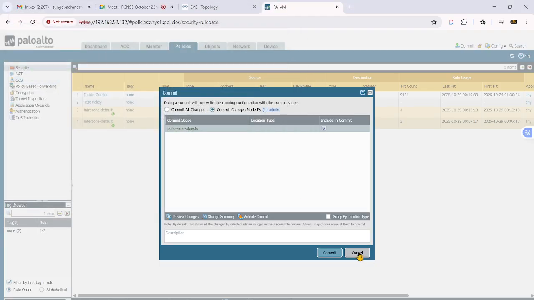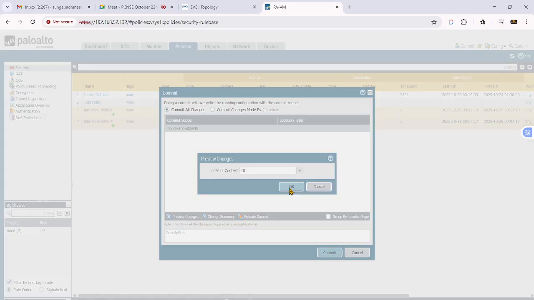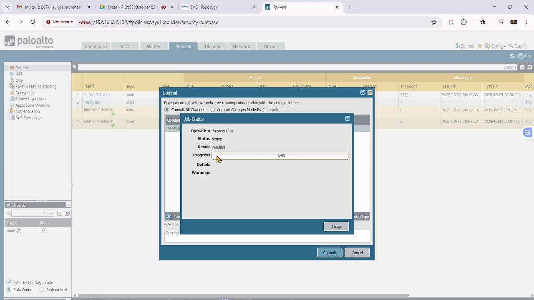If you select commit changes made by a particular admin, it will have only that admin's changes. Whenever you select commit all changes and click on preview changes, it will show whoever is making changes in the firewall as well.